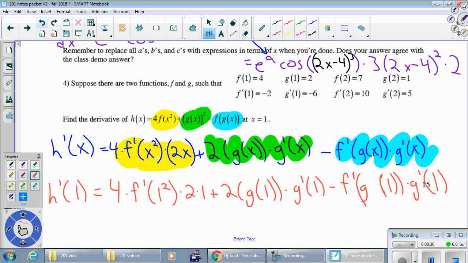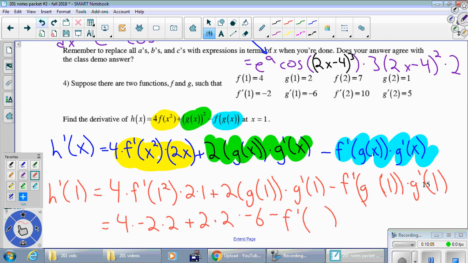Okay, and now finally I'm ready to use the information that was provided. So this thing equals 4 times f prime of 1 squared, that's just 1. So f prime of 1 I read from the given information, that's a -2 times the 2, I won't put the times 1, plus 2 times g of 1, looking up, is 2, g prime of 1, looking up, is -6, minus f prime, I'm copying,